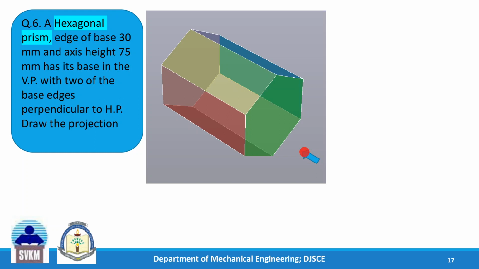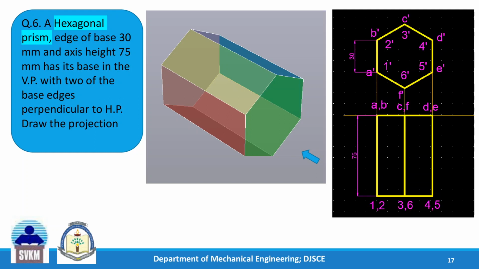You are seeing it here for the front view. What you will see is the hexagon in the front view in such a way that two of the base edges, this one and this other, are perpendicular to HP. HP is here, so these two edges are perpendicular to HP. And from the top you get rectangles. So let us draw these views